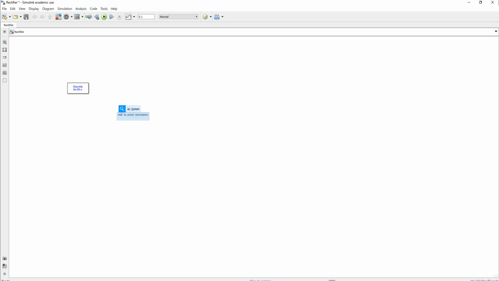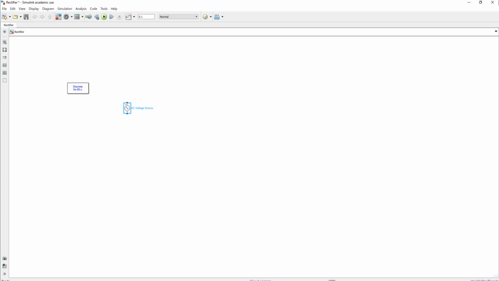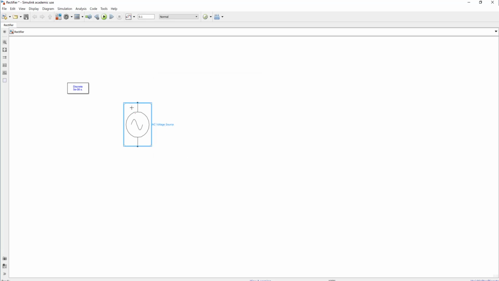power. If we are not getting it in the help directly, what we do, we can directly go to the Simulink block and we'll procure the AC voltage source, and this is the AC voltage source that we have procured, and this AC voltage source will give 100 volts, and let's give, say for example, 50 hertz as per our Indian conditions, and sample time is 0, and I'm taking OK.